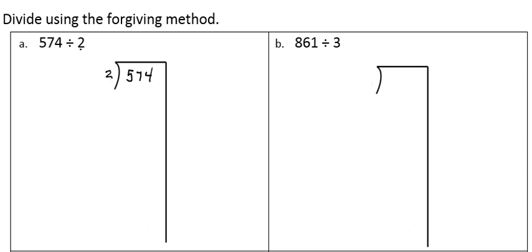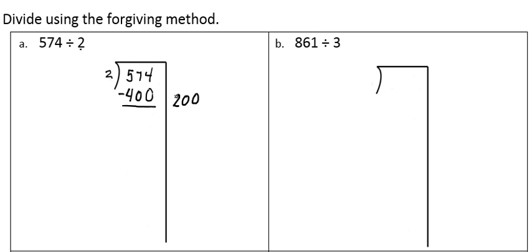Some students might be able to move through this problem a little more quickly, and that's definitely something we want to encourage. Here's an example of how another student might attack the same problem. Another student might know that they can take 200 groups of 2 right from the start. 200 times 2 is 400. They can start by subtracting 400, and you can see how this is going to get them through the problem